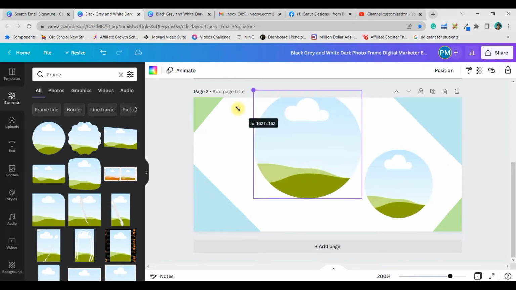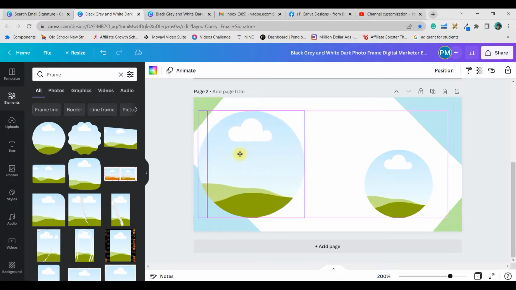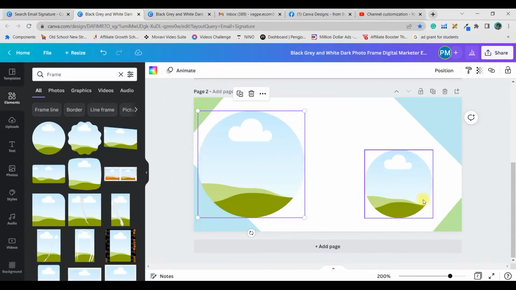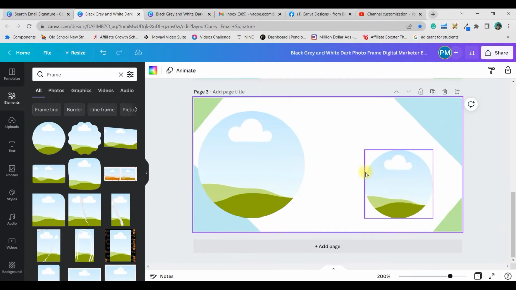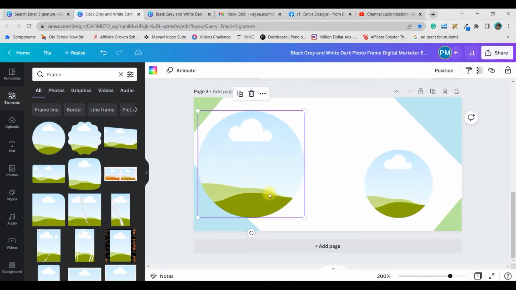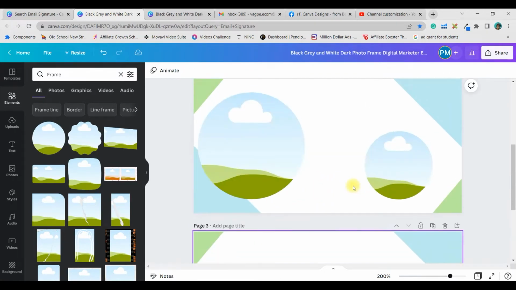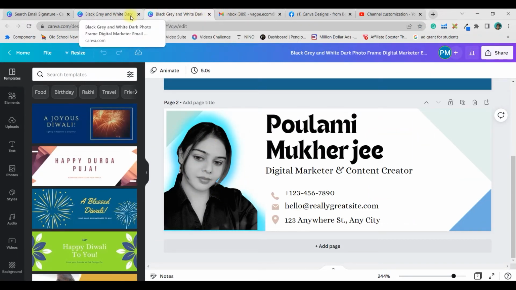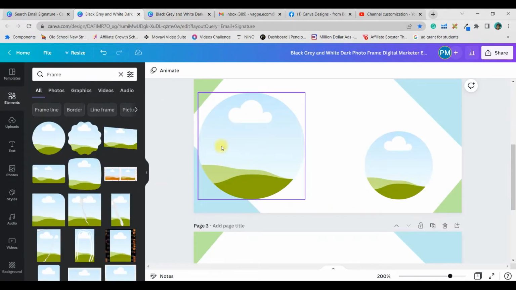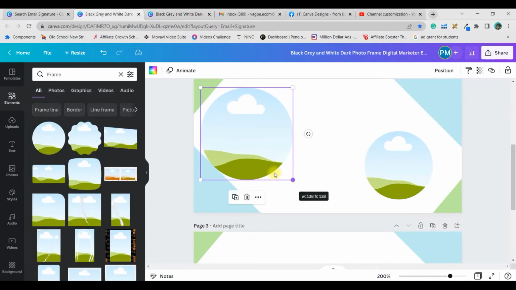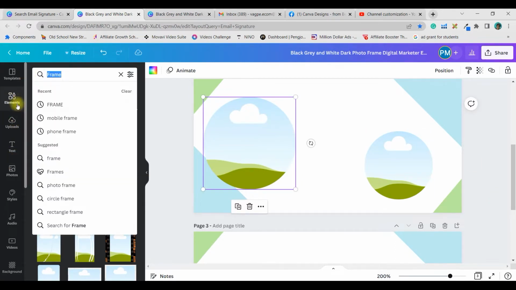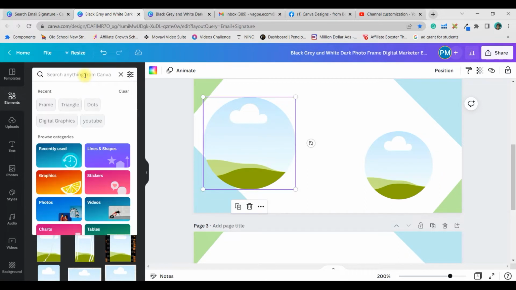Okay, now I will make it a little large, enlarged in size, and I will simply duplicate this page by going here, because I'm going to show you one with frame and one without frame. So this duplicate one, I will show you without frame, the exact same effect which I have made here, and here I'm showing it with a frame. So I will make the frame like so,